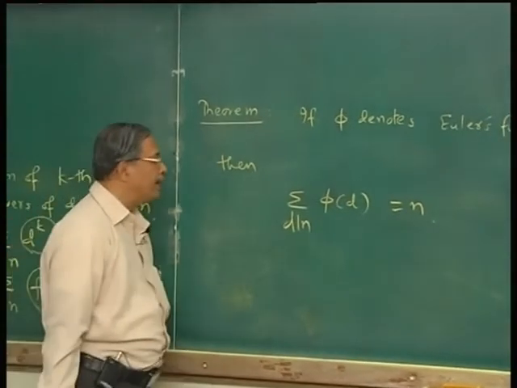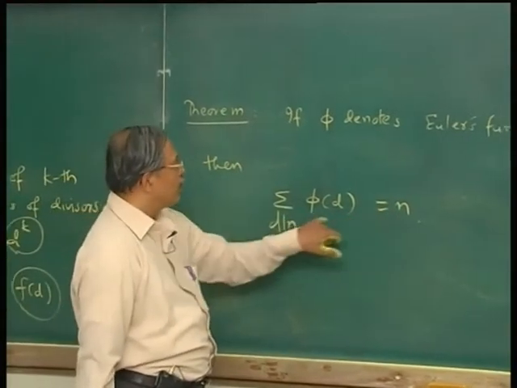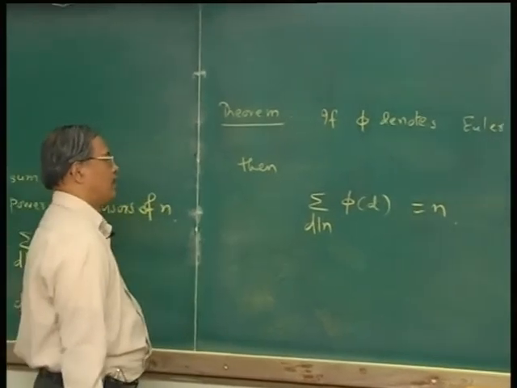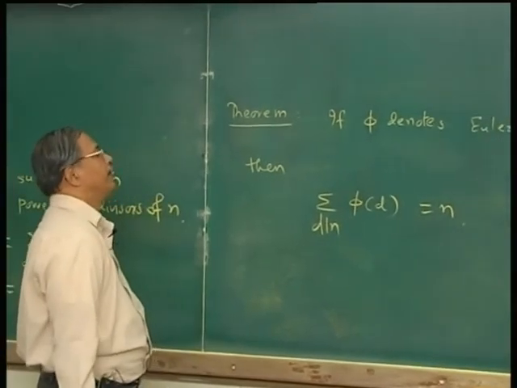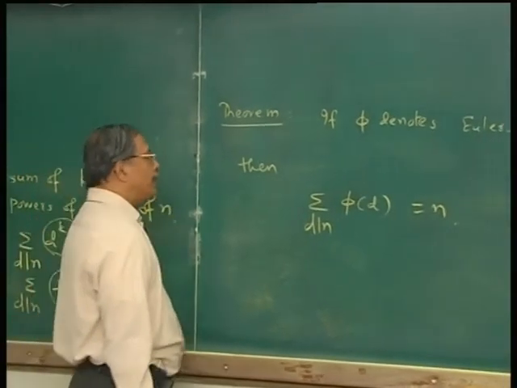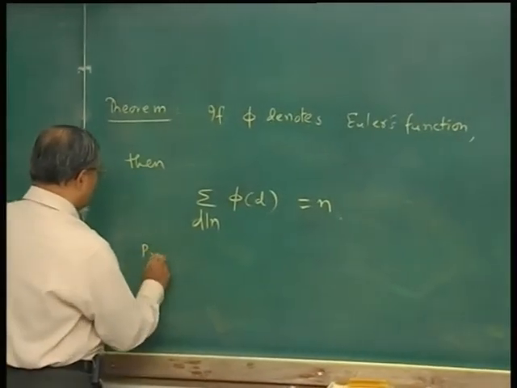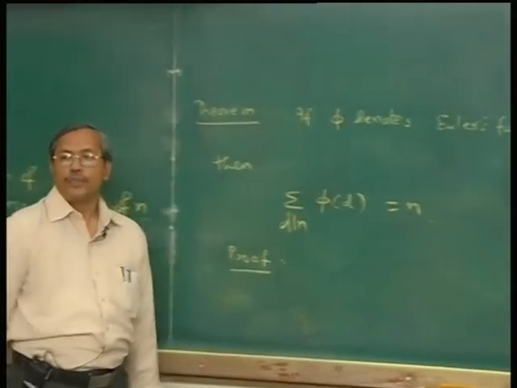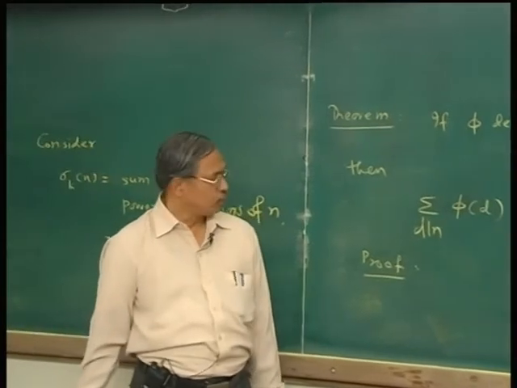Summation phi d, d divides n, equals n. We had verified this when n was 24. We can now prove it for any n. To prove this,